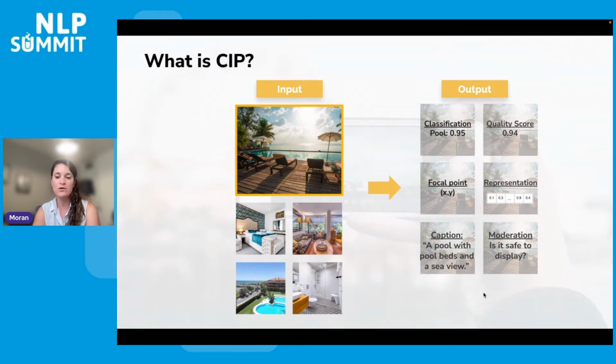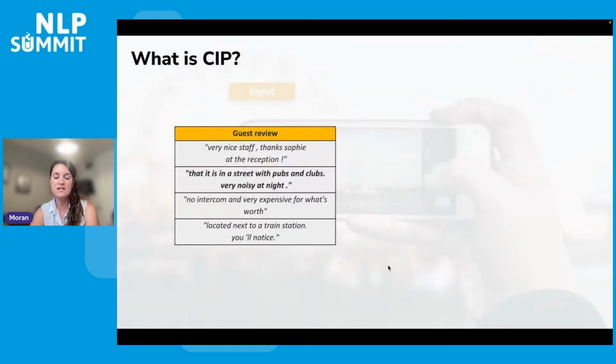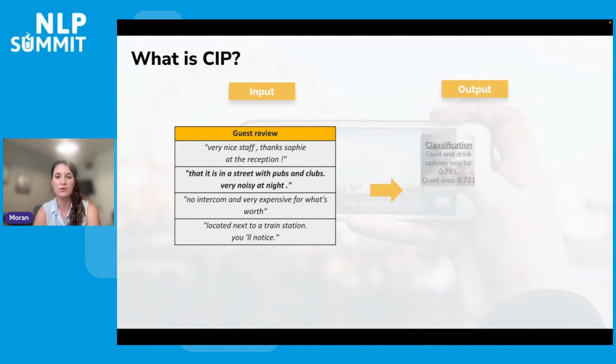And we do the same for text. For text, for example, we have different guest reviews in Booking, real examples of guest reviews. For each review, we want to save different outputs. For example, what is the classification of the review? In the review that is in bold, you can see that there are pubs and clubs in the street and it is very noisy at night. So we know that there are food and drinks options nearby, for example, and quiet area is a topic presented in this review.